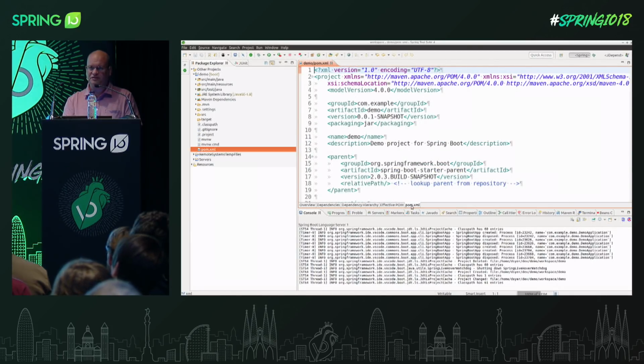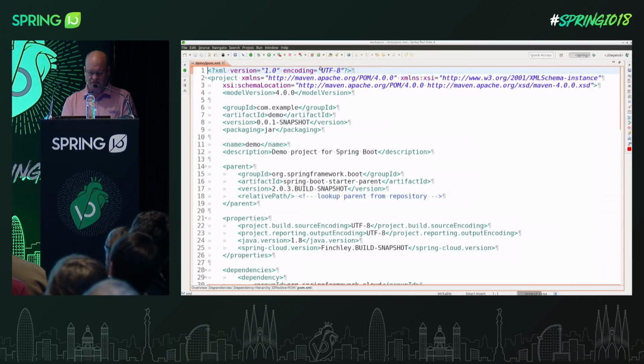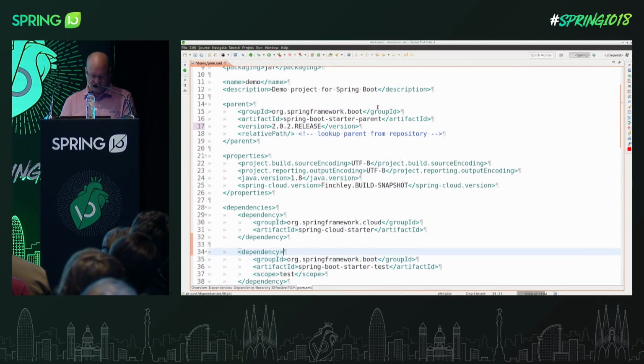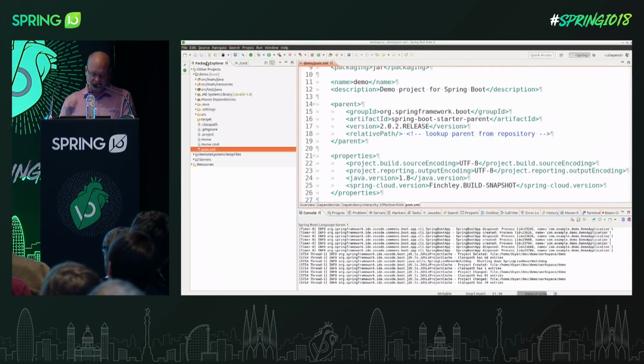Is that too small still at the back? Shout if it's too small, please. So I don't need Spring Boot snapshot, so I'm just going to back out of that. And instead of using Spring Cloud Starter, I'm going to say Spring Cloud Starter function web. Okay. So that's all I had to do, and in a few days' time that'll be a checkbox on Initializer,